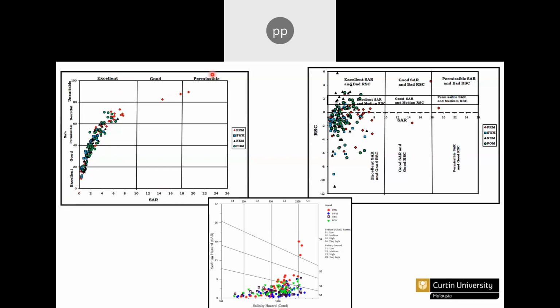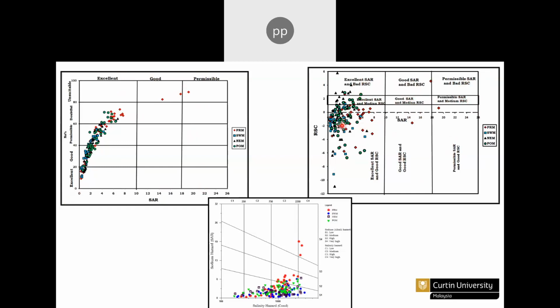They already put some domains like excellent, good, and permissible. This is for the RSC, residual sodium carbonate, and you can see the categories from excellent to bad, such as excellent SAR, bad SAR, good SAR, bad RSC, permissible SAR, and bad RSC. So